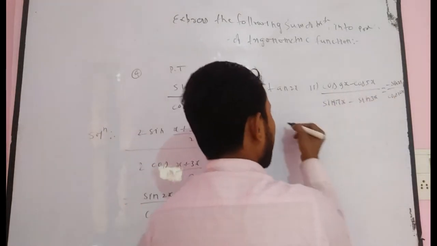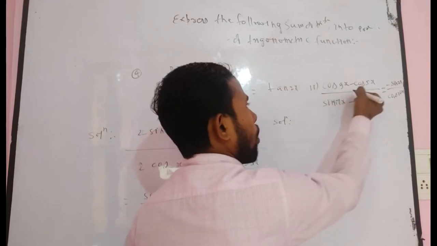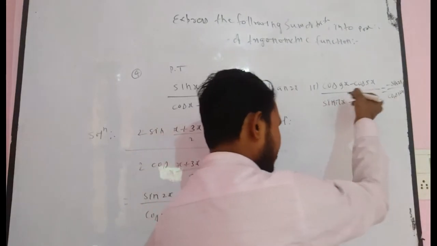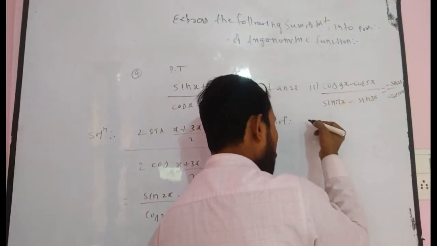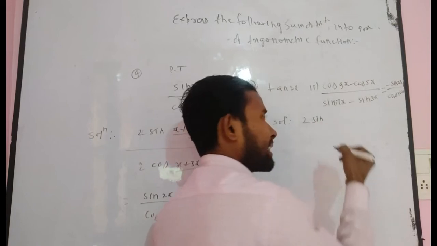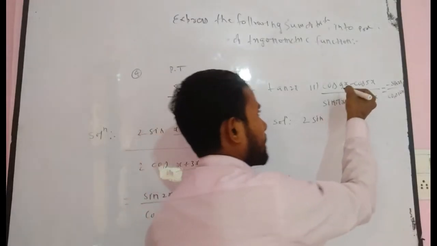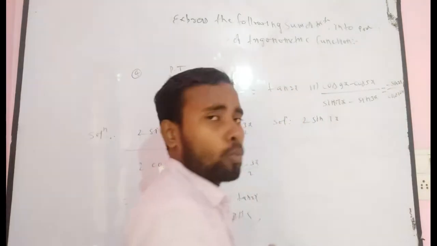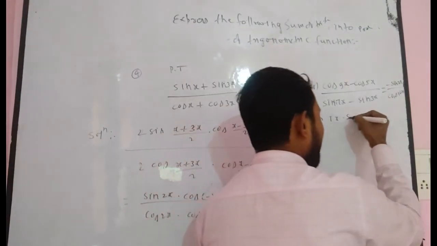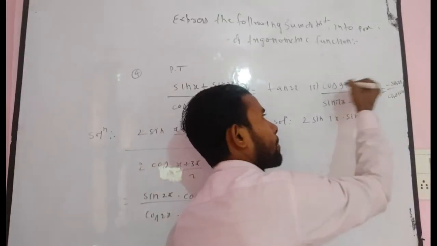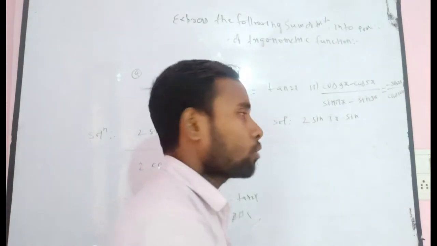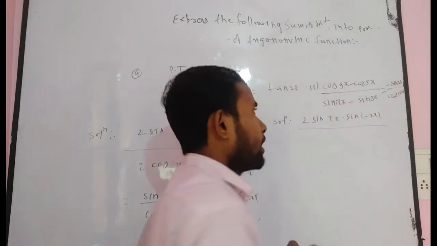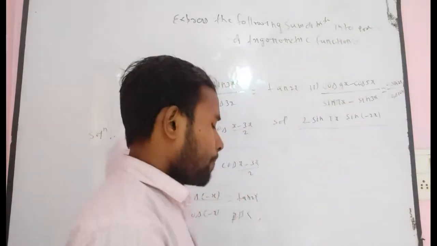Now we take the LHS of the second one. Here cos c minus cos d divided by sin c minus sin d. And you know that cos c minus cos d is equal to 2 sin (c plus d) by 2, that means (9x plus 5x) by 2, that means 7x, into sin (d minus c) by 2, that means (5x minus 9x), that means minus 4x by 2, so you can write directly minus 2x, divided by, in the denominator, sin 17x minus sin 3x.